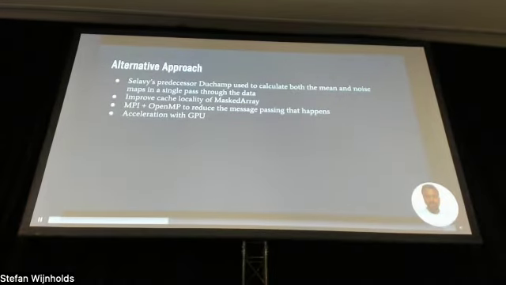Looking at alternative approaches, Celebi's predecessor Duchamp used to calculate both the mean and noise map for the image in a single pass over the data. This approach can be carried forward to Celebi. We also noticed that the usage of CASA's masked arrays in sliding array math had cache locality problems. We explored MPI plus OpenMP instead of fully relying on MPI. The main advantage that we get from this is that later parts of Celebi would have to deal with less message passing.